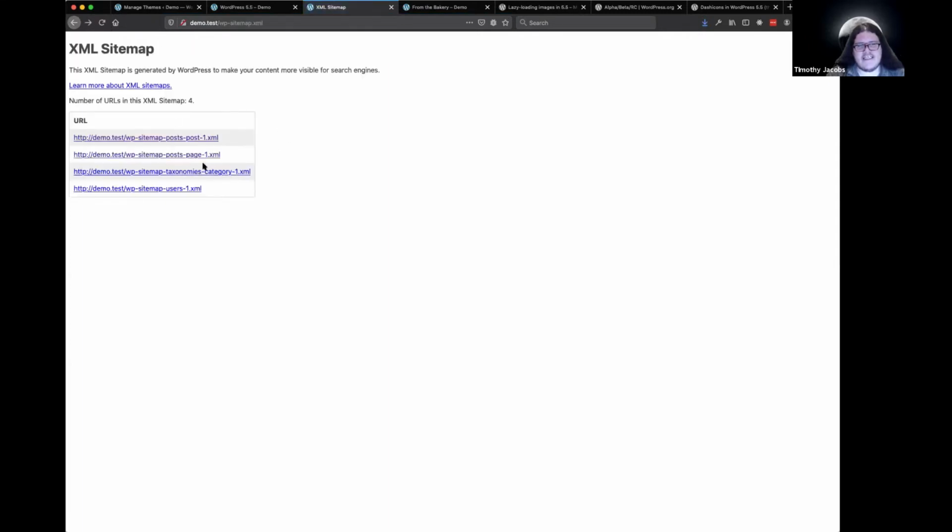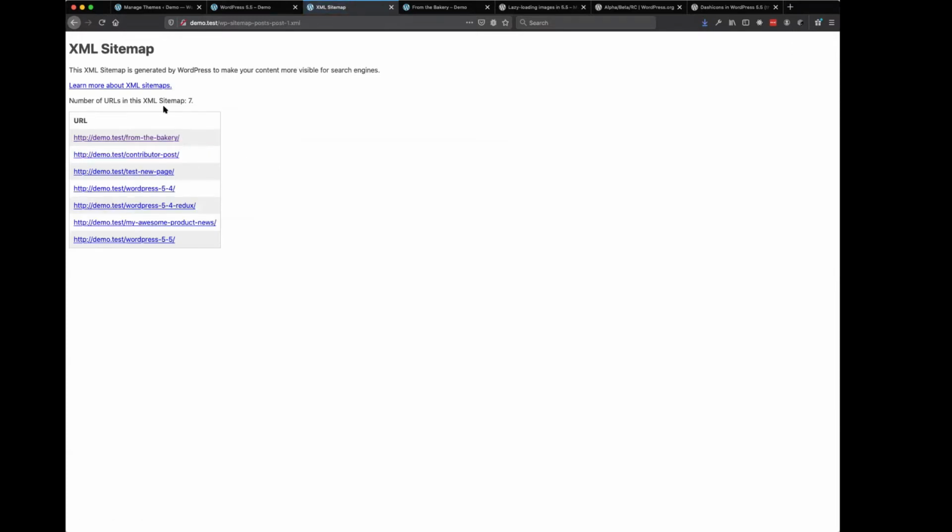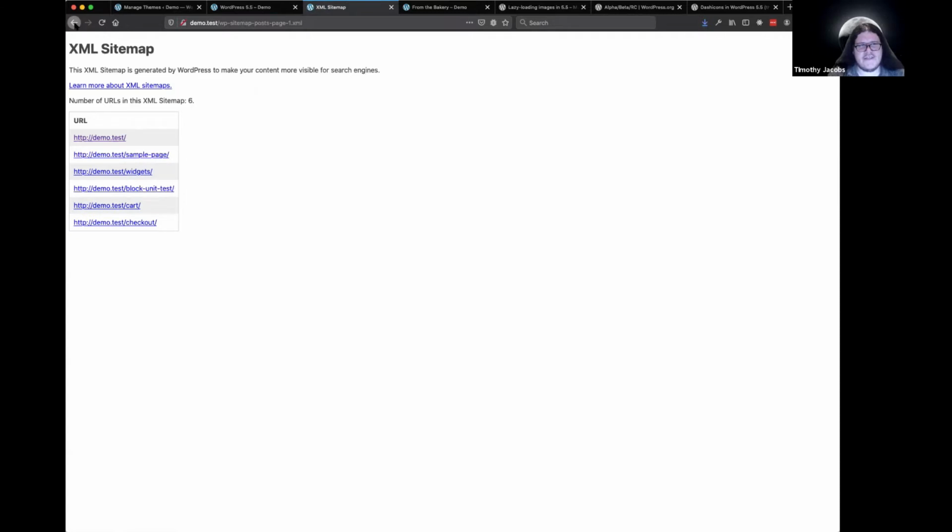And WordPress takes the step to make this human readable as well. So I can see, okay, here are all of the different sitemaps on my site. Here's the one for all the posts. Here's the one for all the pages, categories, and users. And so this is really neat. It makes it much easier for search engines to crawl your content effectively, and it's available now for all WordPress